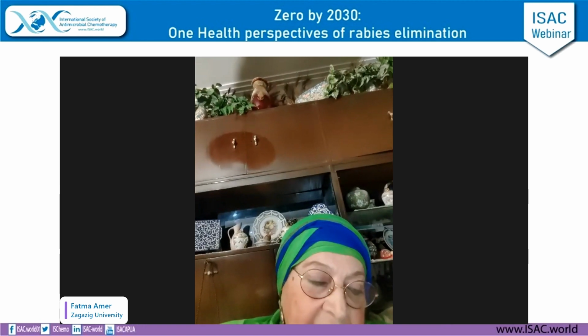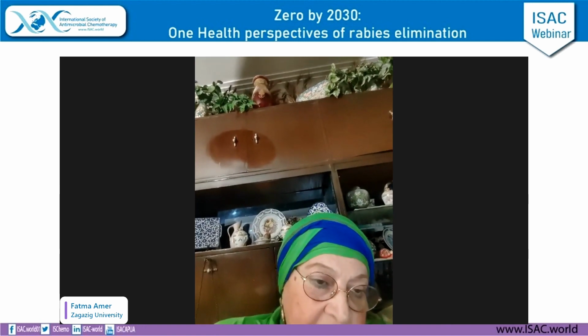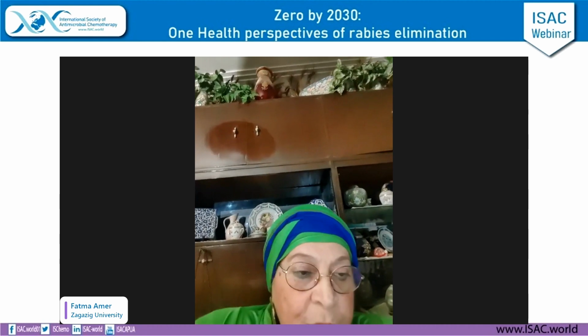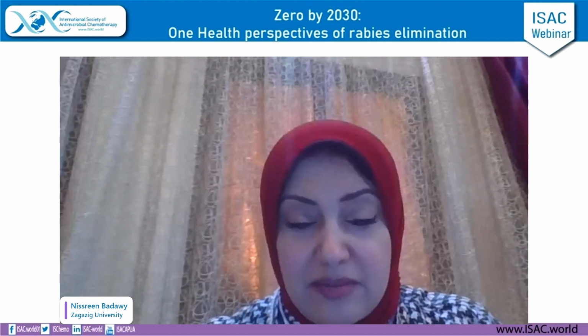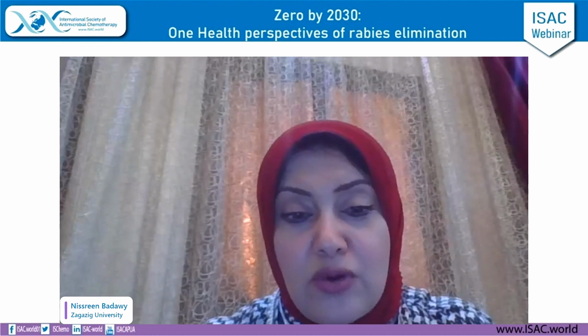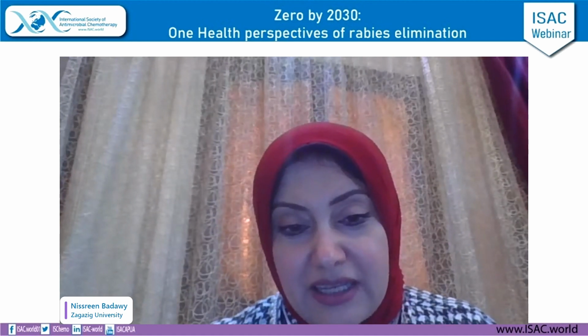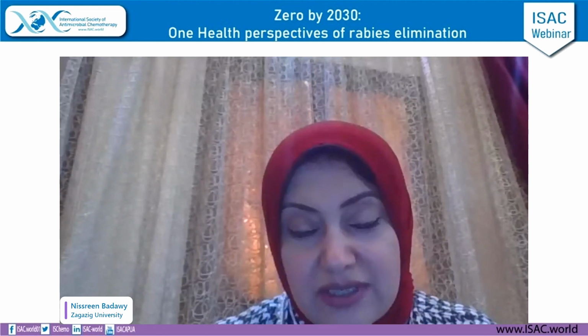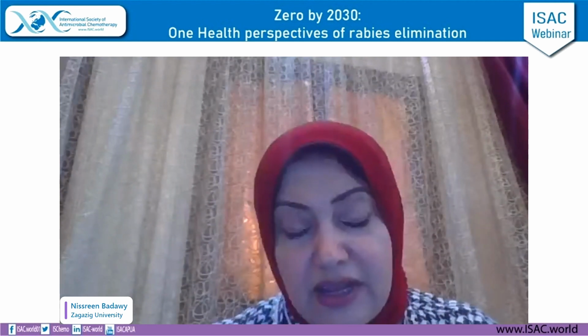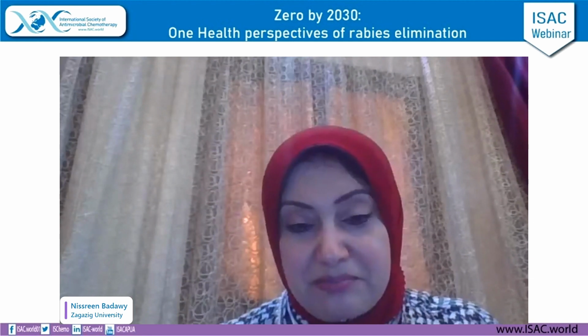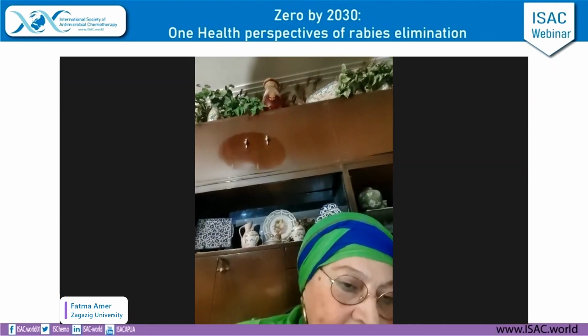I think, Nissreen, I would like to listen to you. You are an expert in immunology. Humoral immune response, neutralizing antibodies, also cell-mediated immune response presented by CD4 and CD8. They are responsible for long-term memory immunity. Antibodies fade with time, even after 2 years after vaccination. When we measure neutralizing antibodies, they will reach 0. It is valid only for 2 or 3 months after vaccination to reach the protective level of 0.5 international unit. After that, we are depending on memory T cells.